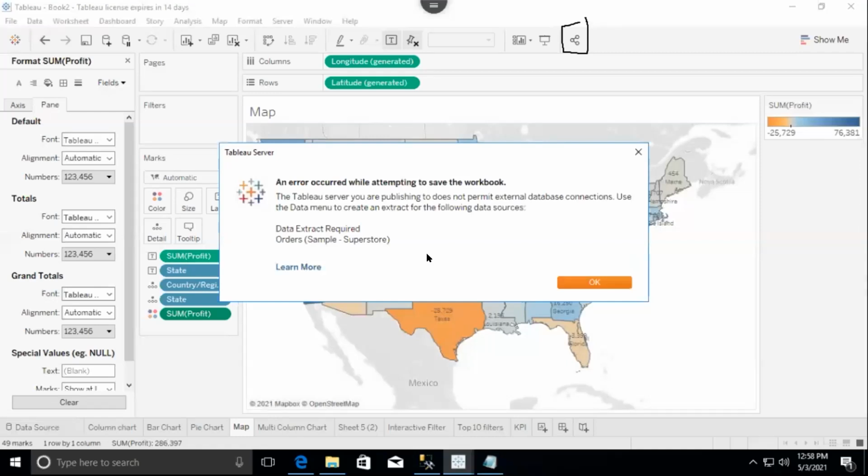It's showing sign in failed. For people who are getting this error message, I hope you have reached till here. I'll come back to you one by one. How do we solve this kind of error message?